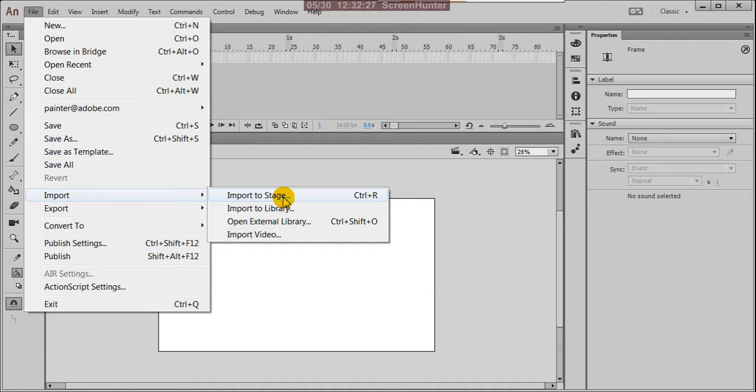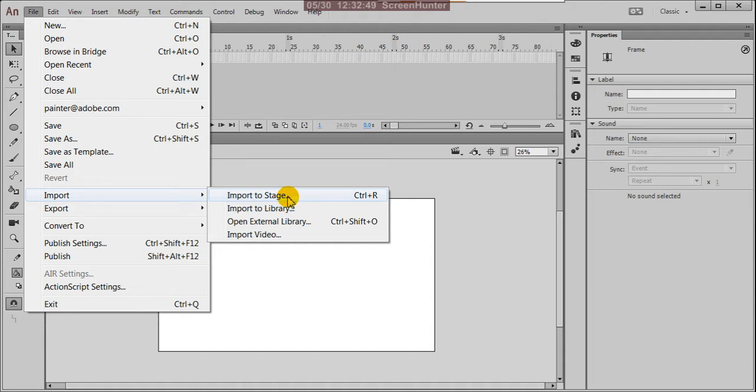The difference between import to stage and library: if you import on stage, when you are working, sometimes you might mistakenly delete it, and again you have to import that image from the source.